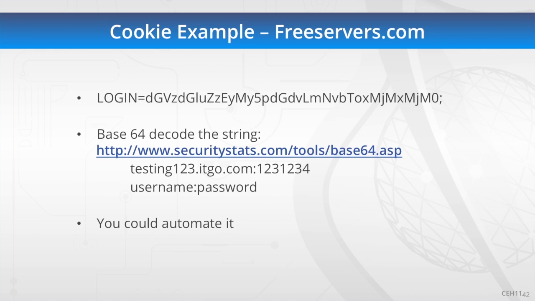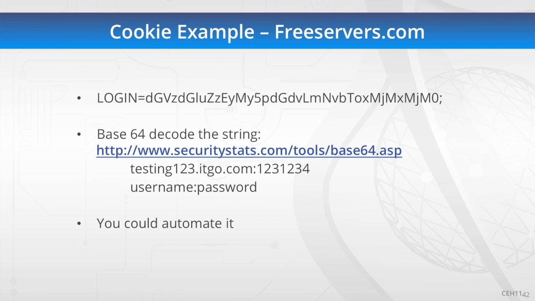Let's look at a cookie example, free server. So the login looks like this really, really long string, but really what happened was they did a base 64 encoding, and what we could do is a base 64 decoding. And you can go to securitystats.com, their tools, base 64 encoding. There's a whole bunch of base 64 encoders or decoders out there. And then what you would do is you would see that the login 12312334 with a username of password,